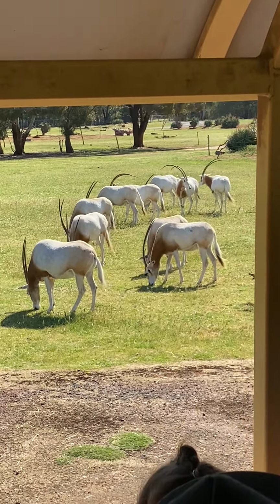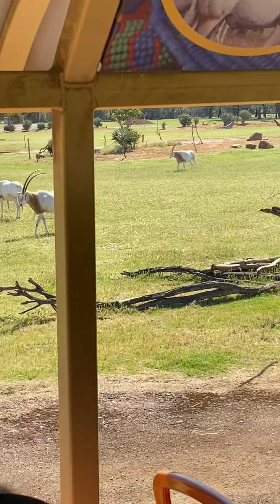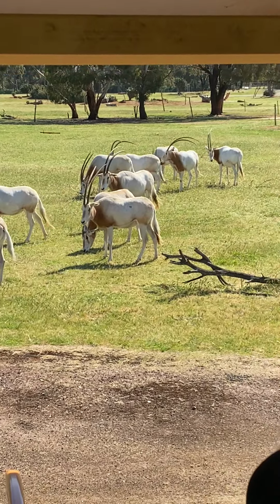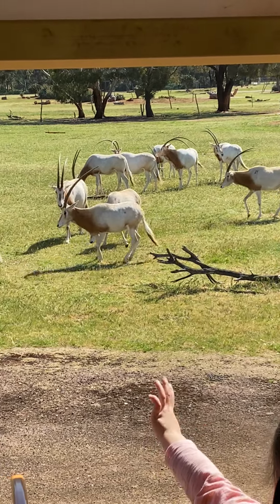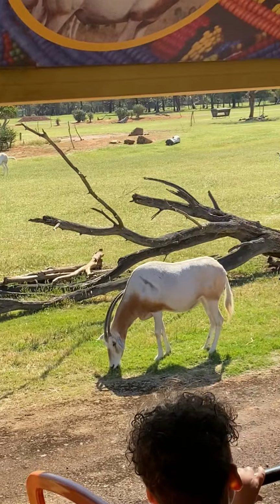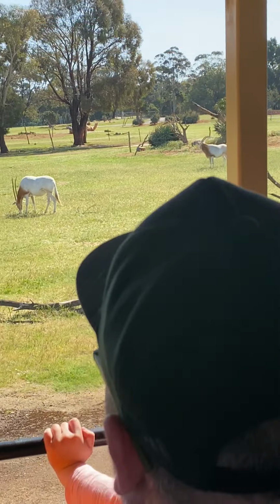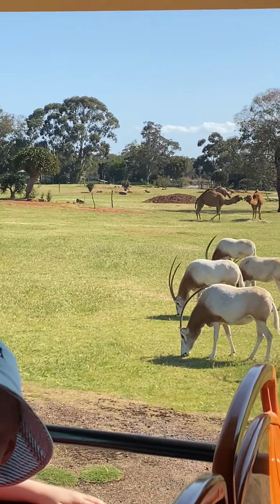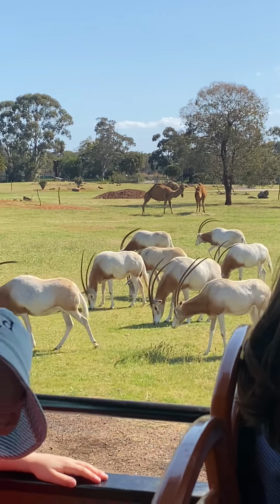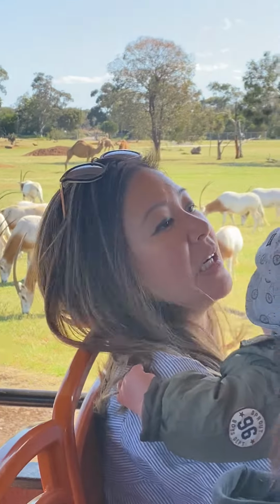And it's obviously not just something the scimitar horned oryx are facing, it's happening worldwide to all species all around the world. But I guess the scimitar horned oryx also had the added problem of the fact that a lot of people have very different interior decorating ideas. A lot of people believe that a scimitar horned oryx's head and horns look really good on a wall. I tend to disagree. I think their heads and horns look much better on the oryx walking around and eating grass. But unfortunately, a lot of people do disagree with me. However, we have been part of an